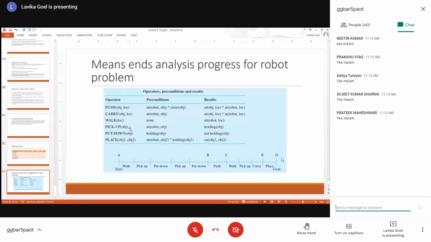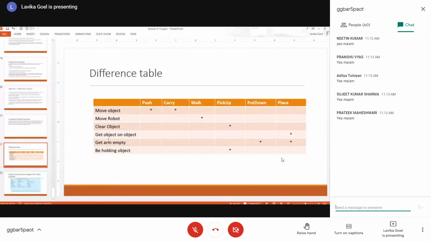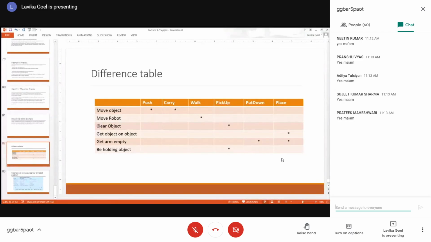So the result looks like this, holding the object. So it has picked up that object. Now the object is in the hands of the robot. So it's holding the object now. Fine. So this is the pickup operator. Now if you see this table, clearing the object means you are picking up the object. It is in the hands of the robot, so it is not on the table. So anyway, the table is clear now. Another task which the pickup operator can also accomplish is that it can hold the object also, right?